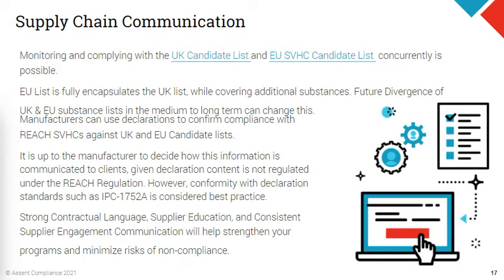registrations in either system. But you'll see these phrases that may baffle you a bit, because the UK one's definitely called the UK candidate list, whereas the ECHA one is really now called substances of very high concern subject to authorization. So they've stopped phrasing it as a candidate list, but the UK tends to rebrand so it's quite clear. So these lists are aligned as we envisage currently and in the short term.